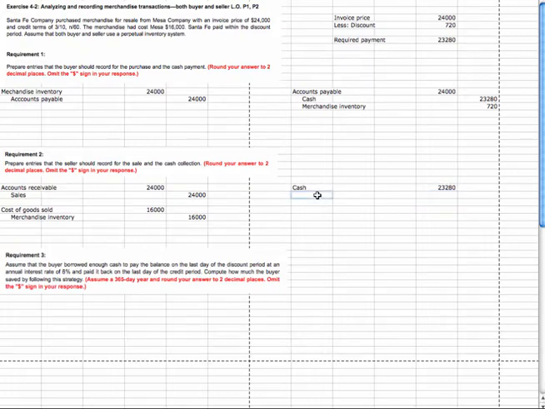Now, the accounts receivable that we originally recorded was $24,000, but we only received $23,280. So we need to recognize in our contra revenue account called sales discounts the $720. Now remember what a contra revenue account was? A contra revenue account is an account